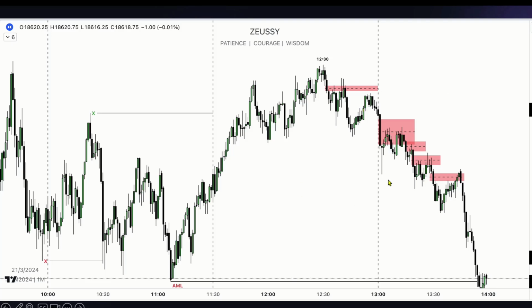So the market displaces aggressively lower through a specific price level with a CB right here. Market retraces into that CB. Look at the bodies respecting CE 50%, consequent encroachment of that CB. Market displaces lower again with a new CB. Market again respects CE 50% of that CB perfectly, and it displaces lower again. New CB gets created. Look at the bodies respecting the low of that CB. That right there is an algorithmic signature that is screaming lower prices.